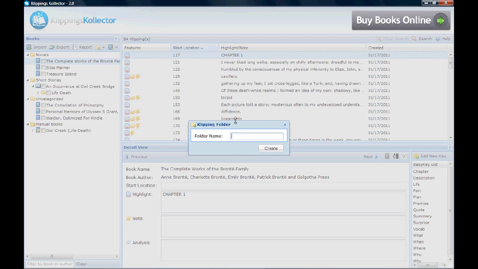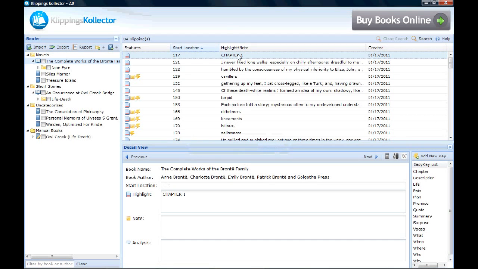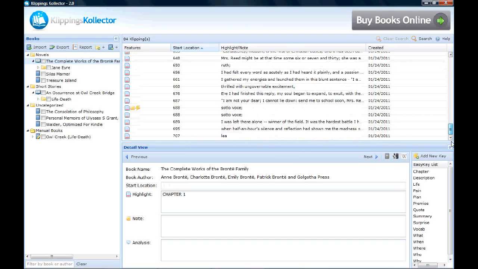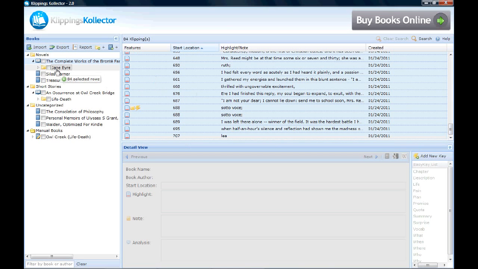I'll call it Jane Eyre. There it is. I'll click the top one. Quickly go to the bottom. Shift-click the last one to get them all, and drag them over to Jane Eyre. Once that